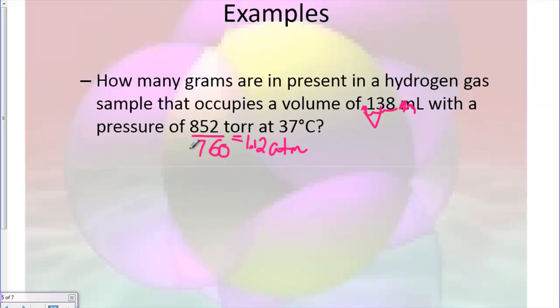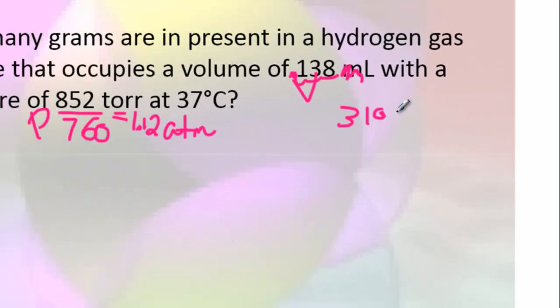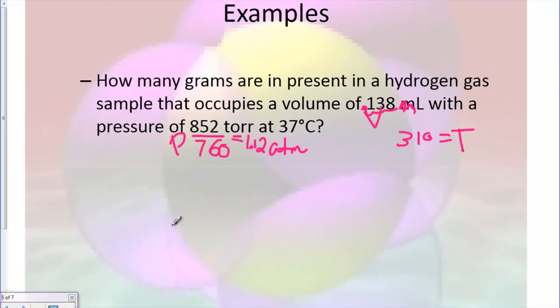Okay, so this is our P. And then we have 37 degrees Celsius. Now that's our temperature, but we need to add 273. So after we add 273 to that, we get 310 as our temperature. All right, now we need to plug it into our ideal gas equation, which is